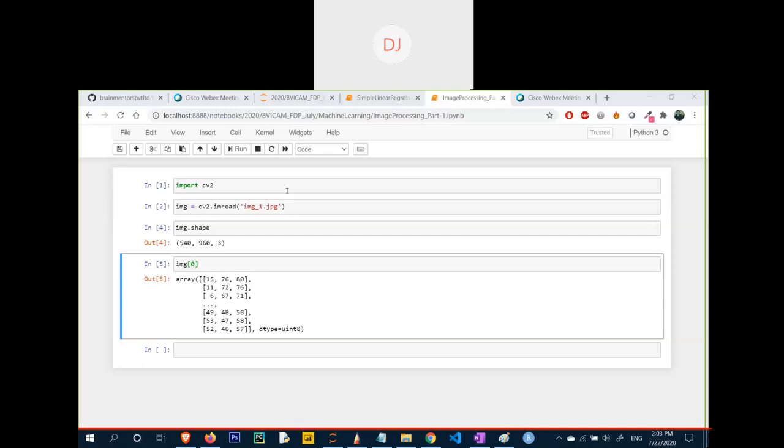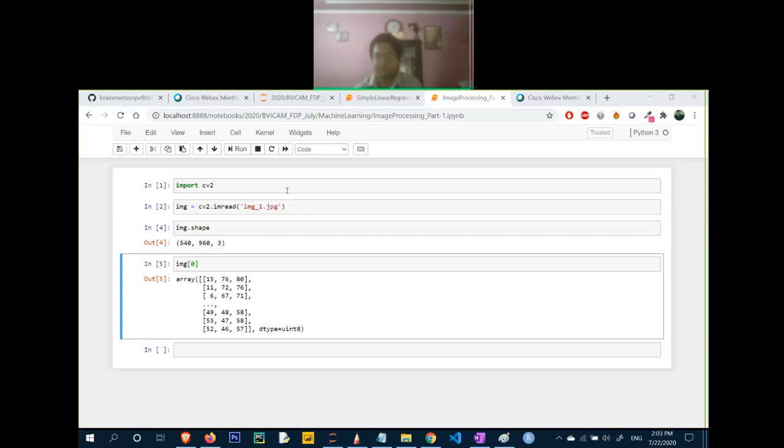Okay, so any doubts? Download that file, then after that open it. Have you downloaded the file? Because that's kind of a drawing file, so it won't be opened easily.